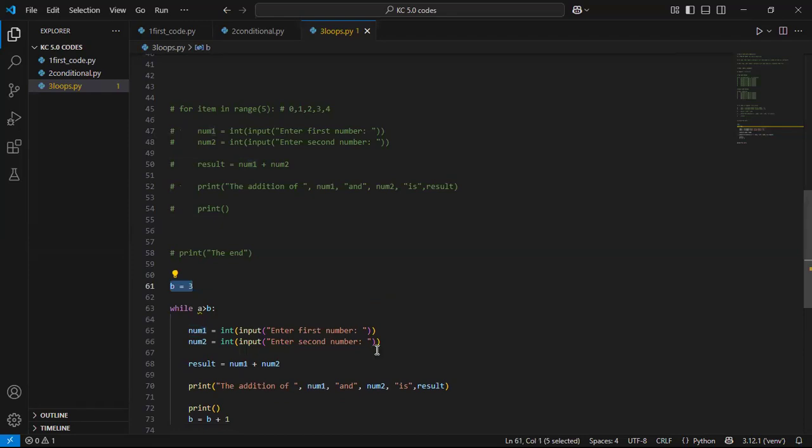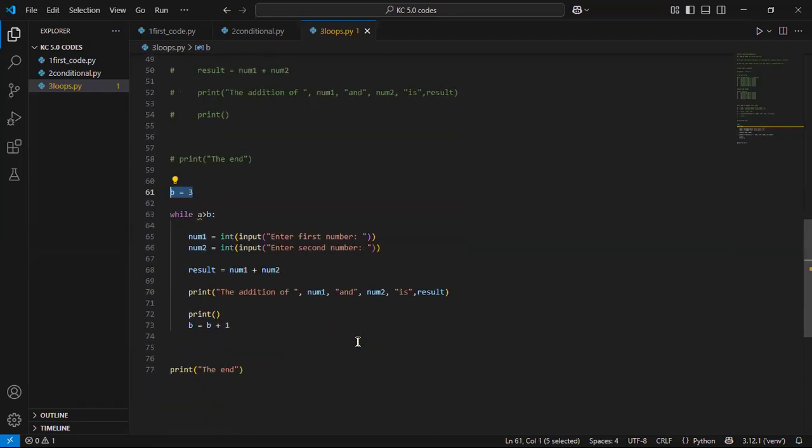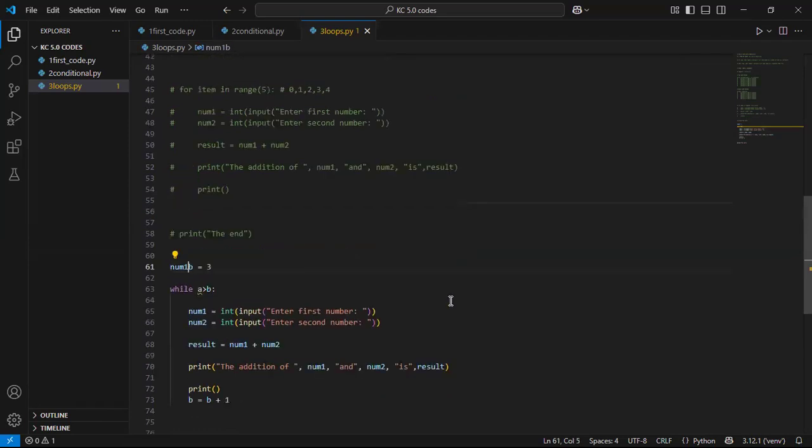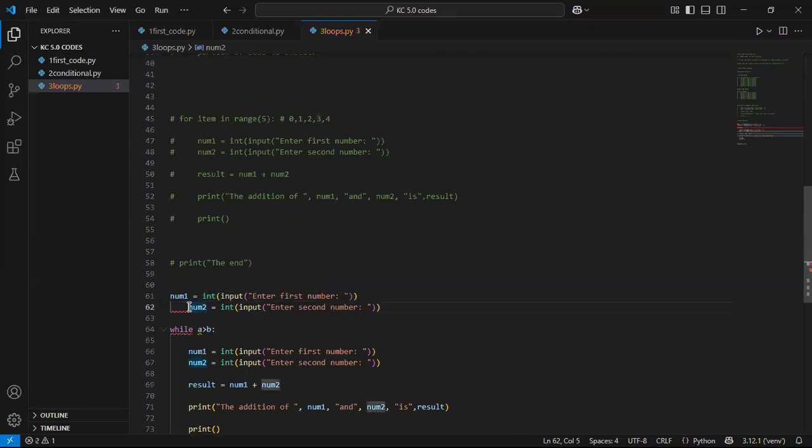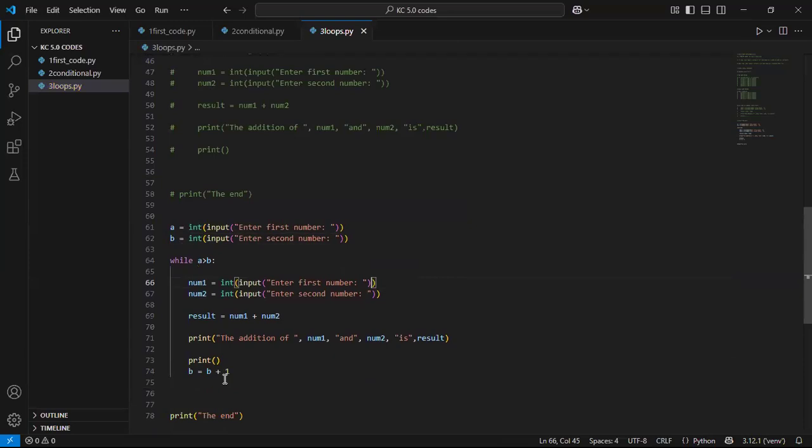A, right. Hold on, sorry. Please let me not copy this one. Place this up there. And I'll change number one to A, I'll change number two to B, right? This is to work. And then we remove